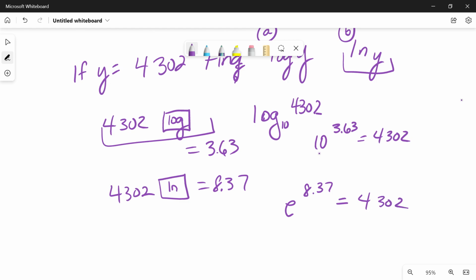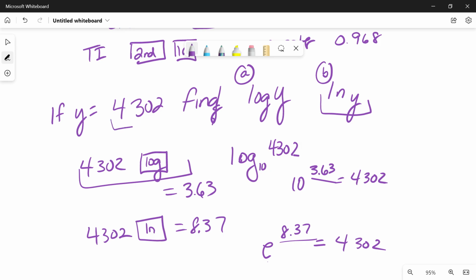So to get 4,302, we have to raise 10 to the 3.63. If we're using the natural log, e has to be raised to the 8.37 in order to get the same number. That's what we were asking here: if y equals 4,302, find the log of y and the natural log of y. Those were pretty simple, just entering that number and hitting log or the natural log. Okay,